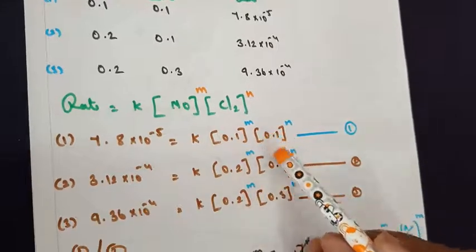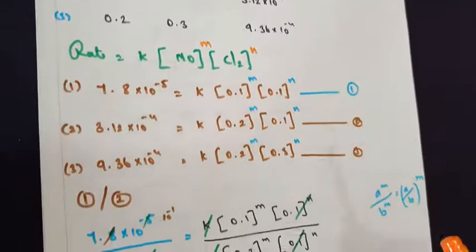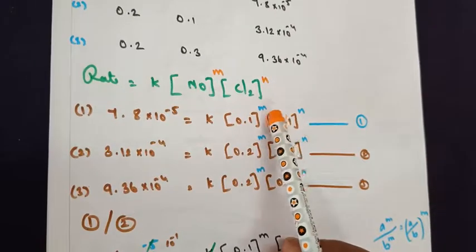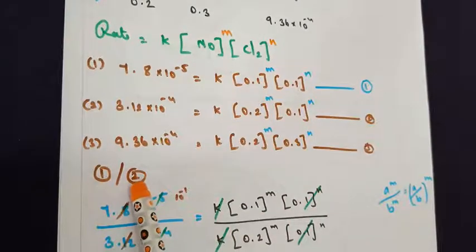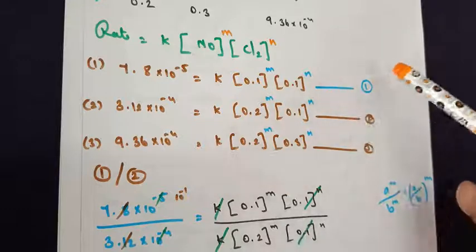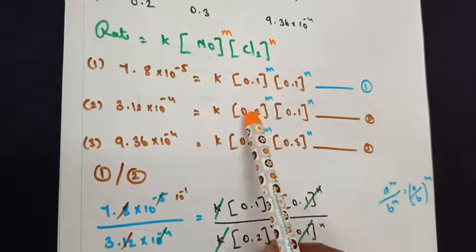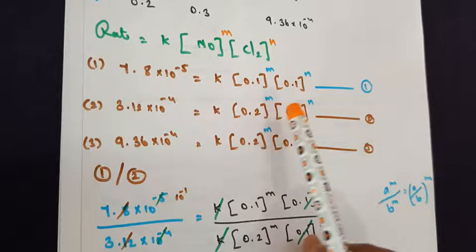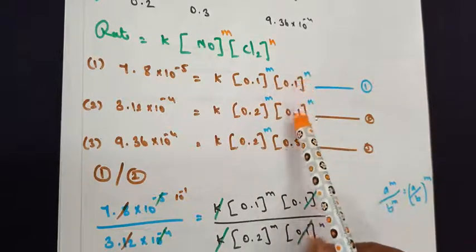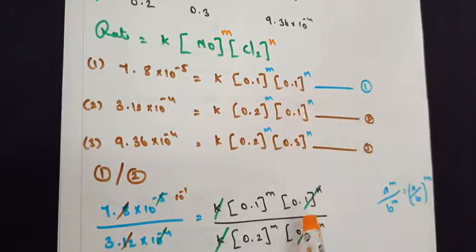So finally, you arrive at 3 different equations. The second concept is also easier. The third one, you have to calculate the value of m and n. Now, you can see here 1 divided by 2. How do you identify which step to be divided by 2? Always look at the values of the reactant concentration. 0.1, 0.2. In both places m is the power, but the concentrations are 0.1 and 0.2. In this case, if you look, it is 0.1 and 0.1. So if you consider 1 and 2, the same value can be cancelled out.